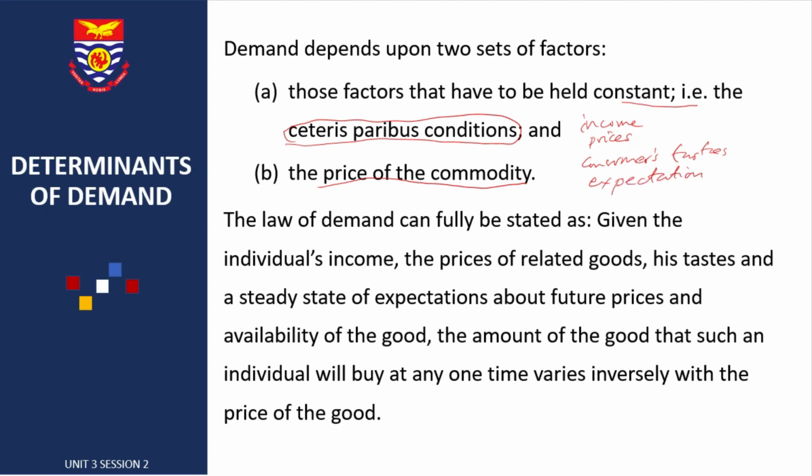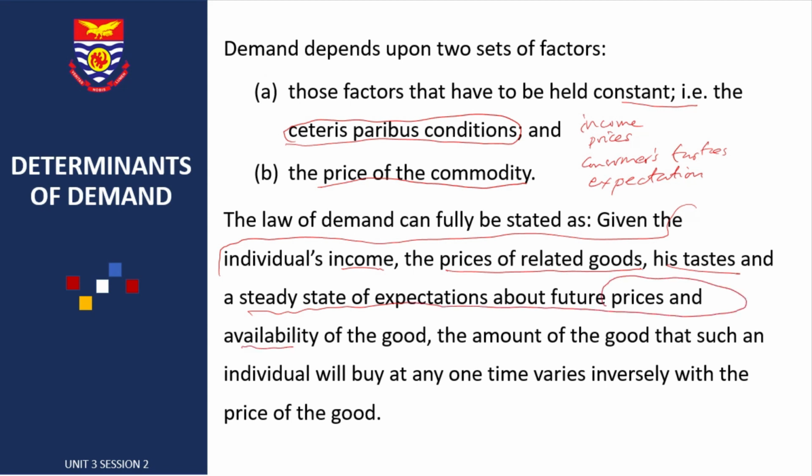All right. So the law of demand can fully be stated as: given an individual's income, prices of related goods, his taste and a steady state of expectations about future prices and availability of goods,